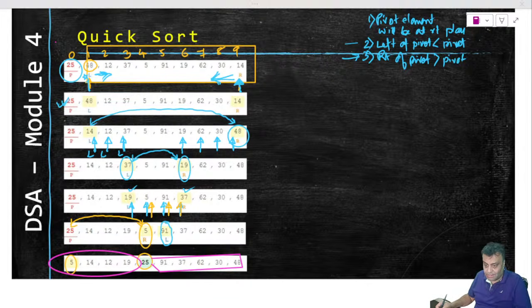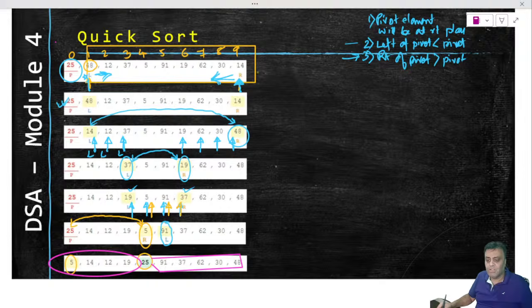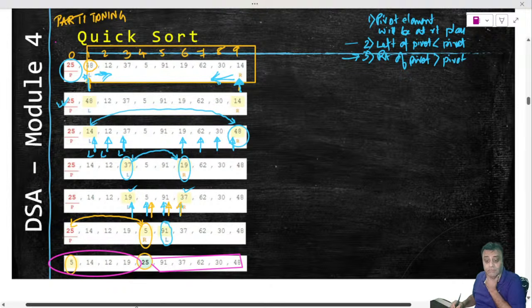So let us try to figure out what we have done in quick sort through a code, right? The code and the algo will be similar in nature. We will try to figure out how to write the code by understanding the logic that we just learned. No rote learning, we will just try to understand the logic and replicate that same logic in the code. So what are we doing? We are doing partitioning, right?